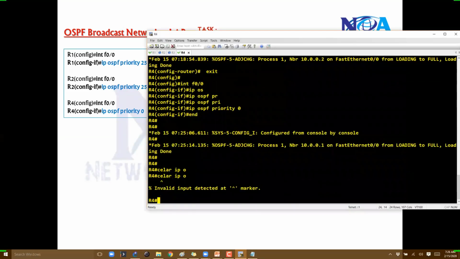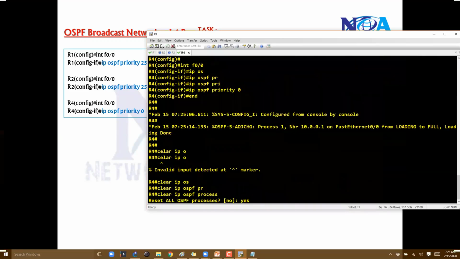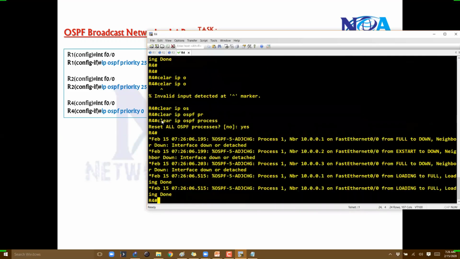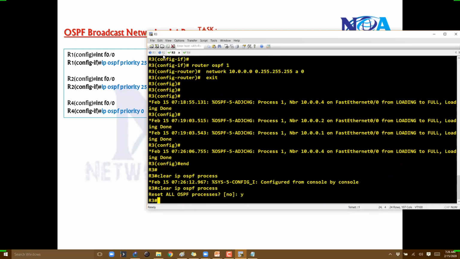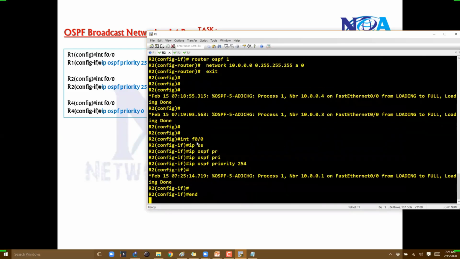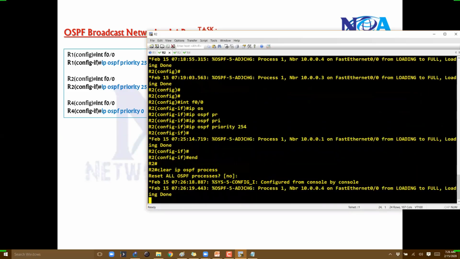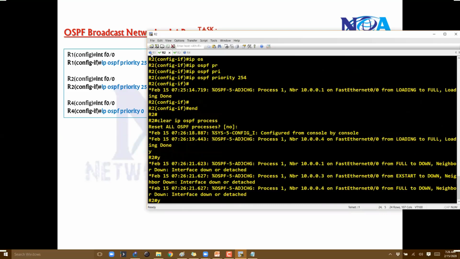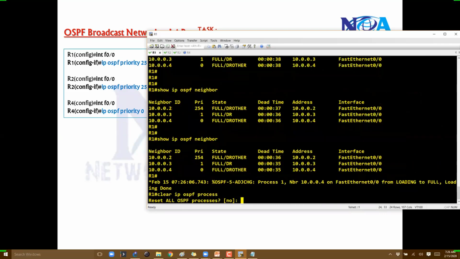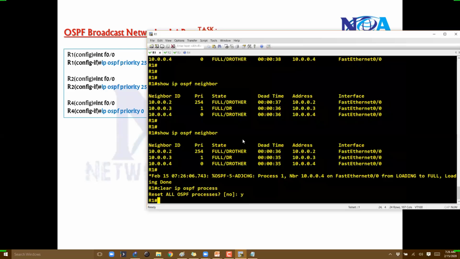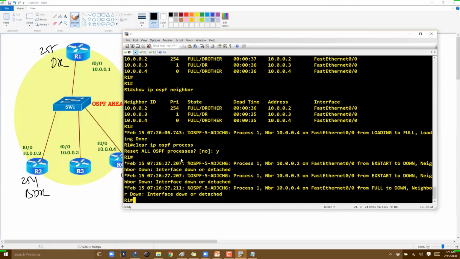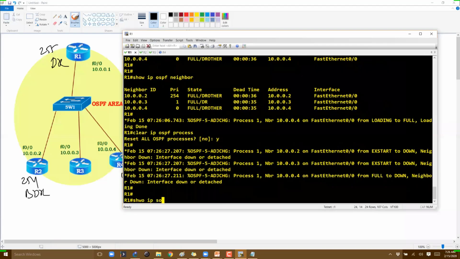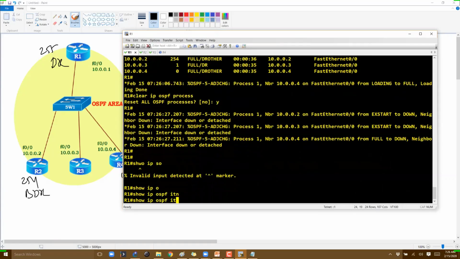I'll say clear ip ospf process to ensure that the process restarts, meaning reset the process. We'll do it on each and every router here, so let's do it on all these routers to quickly do the re-election process. And then on router 1 as well, clear ip ospf process and reset the process here. Now, once I reset the process, what I should see are the changes, like on router 1, if I say show ip ospf interface F0/0,